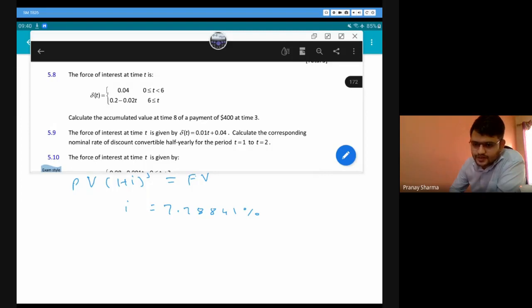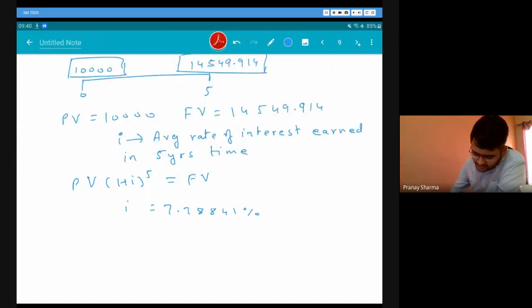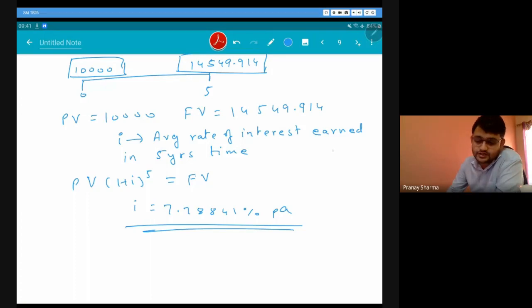This interest rate is per annum, or we take it as 1 period. It will be per annum because that is our default period, right? So we would take it as per annum basis. Anyways, average rate of interest, they could ask you at any, you might say effective, they might ask you half yearly, they might ask you quarterly, whatever. But I am taking this as annual because that is the easiest one. Okay, and usually we are concerned with our annual rate. We are not concerned with our half yearly rate or something. So if we are talking about average, usually it is annual.